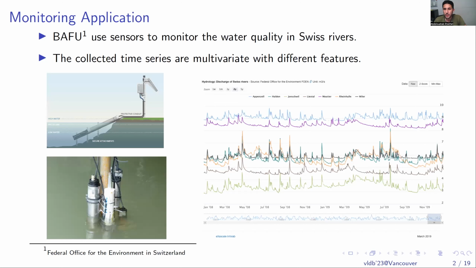This work was originally motivated by the challenges that we face when we start working with hydrometric station data in Swiss water sources such as rivers and lakes. Such stations contain a variety of sensors that measure different phenomena about water measurements and that result in multivariate high-frequency time series data with different features. Each station then collects the data from different sensors and sends it to a time series database system where data is ingested and made available for analytical queries.